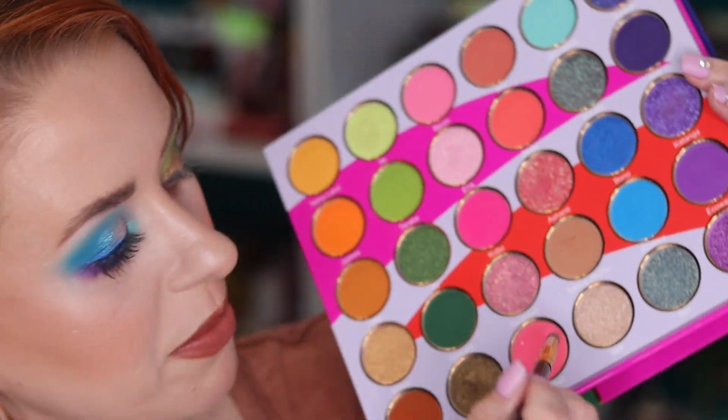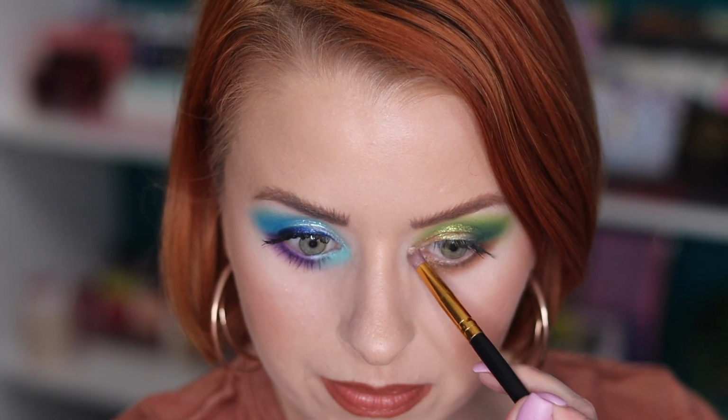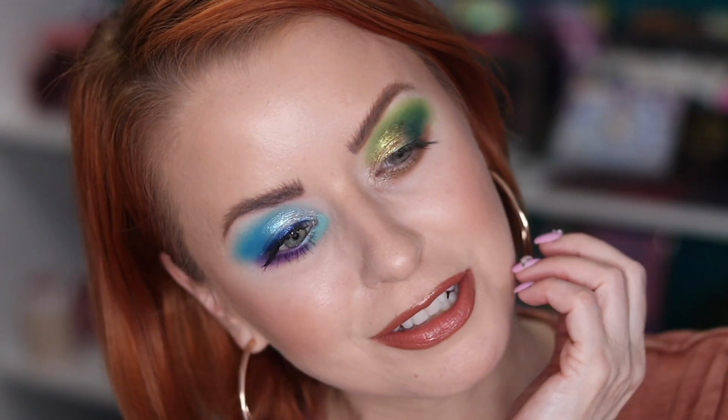All right, now for the inner corner, I'm gonna go in with this shade right here. Same pencil brush, and I did spray it. All right, guys, let me add those finishing touches, and I'll be right back to show you the fourth and